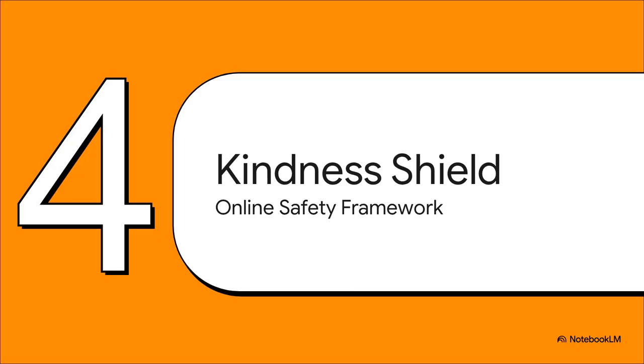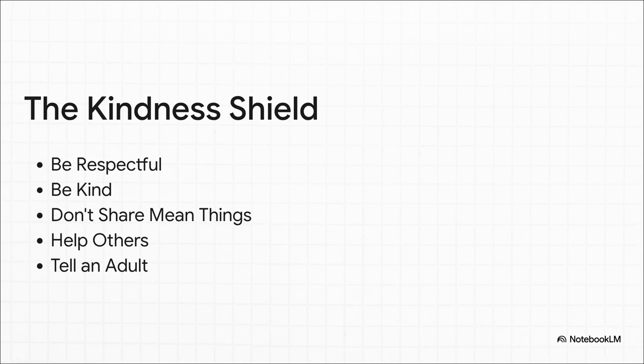And this brilliantly illustrates Section 4, the Digital Kindness Shield, which is our ultimate framework for online safety. Think about it like this. If digital empathy is our superpower, this shield is our armor. It's a highly practical tool drawn directly from the text that empowers users to protect themselves and everyone else around them. Okay, here are your 5 vital pieces of armor.